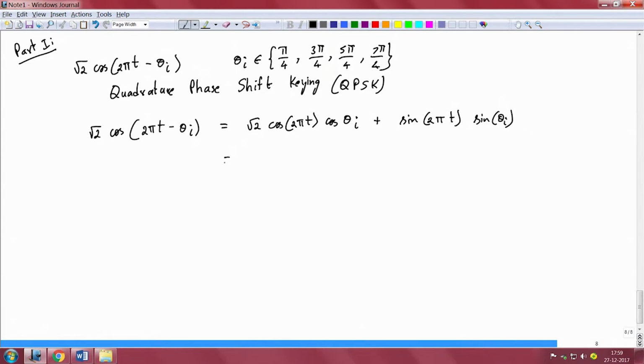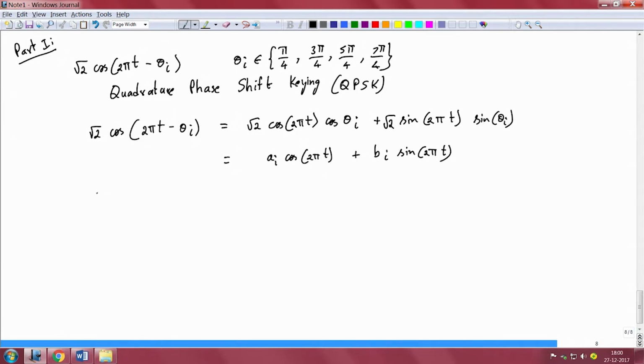This cos theta i and sin theta i depend on the signal i. So, this can be written as Ai cos 2 pi t plus Bi sin 2 pi t,